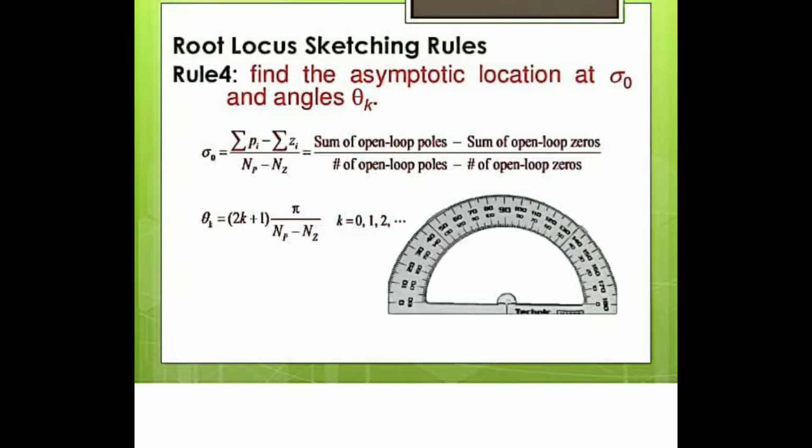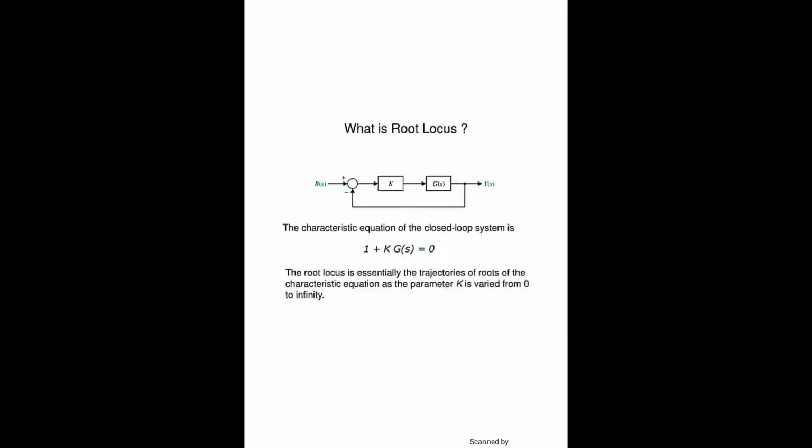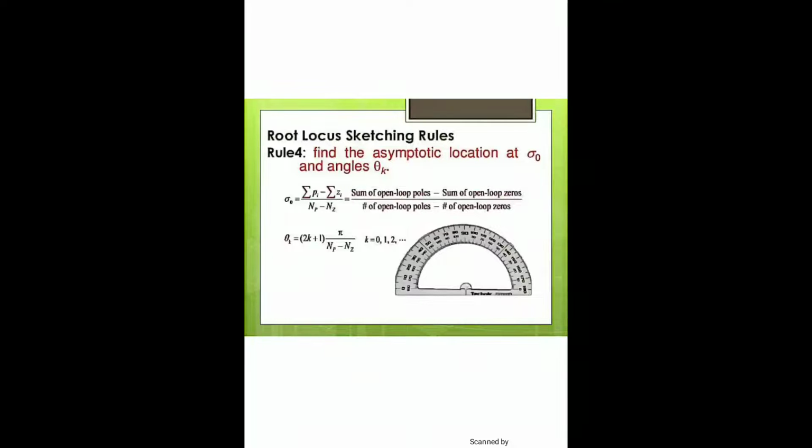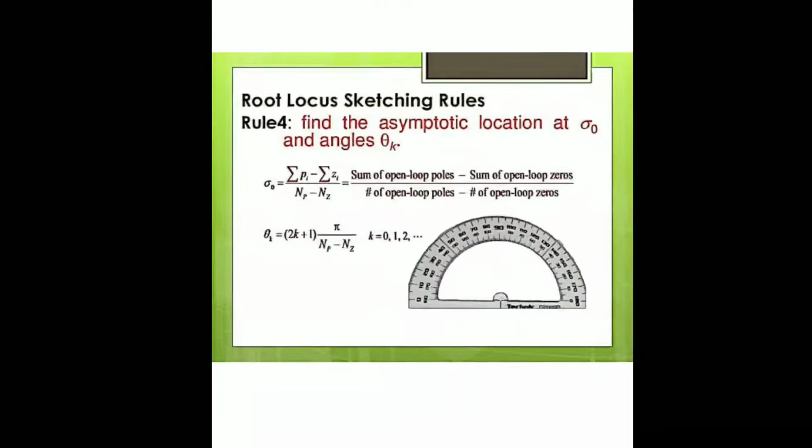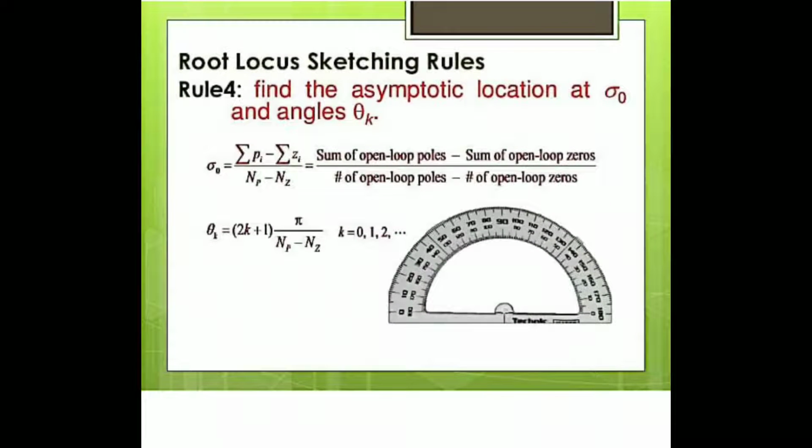That centroid is denoted by sigma, which is the summation of open loop poles minus the summation of the real parts of the open loop zeros, divided by poles minus zeros. With the help of this formula we can find the centroid, and the angle of asymptote formula is 2q plus 1 into 180 upon poles minus zeros. This is the formula, 2q plus 1. Sometimes that is given as k or l, and the 180 is divided by the number of poles minus the number of zeros, and the number of asymptotes is equal to poles minus zeros.